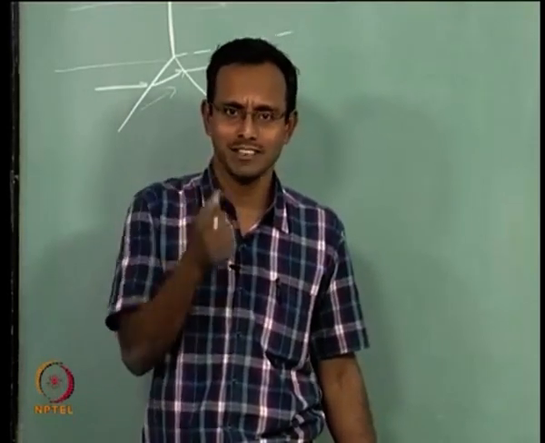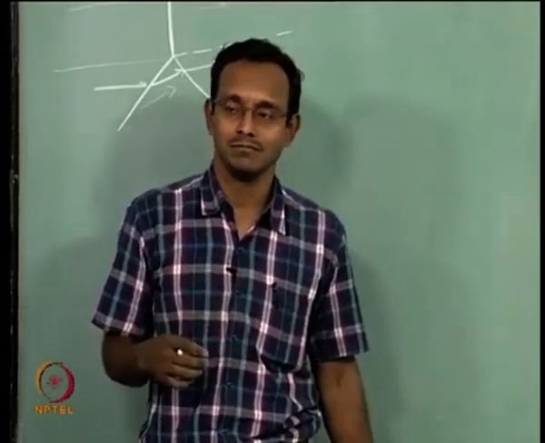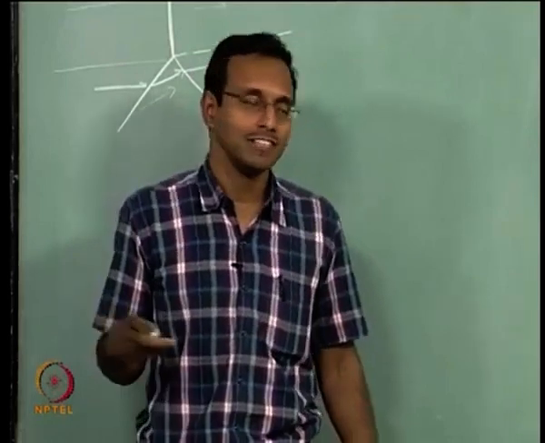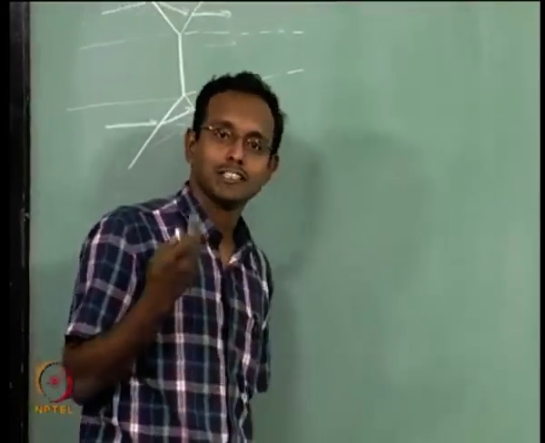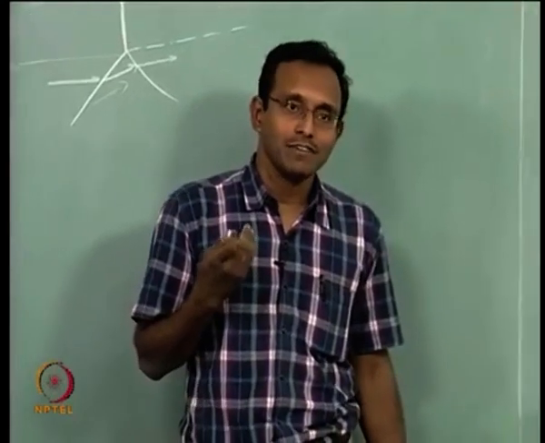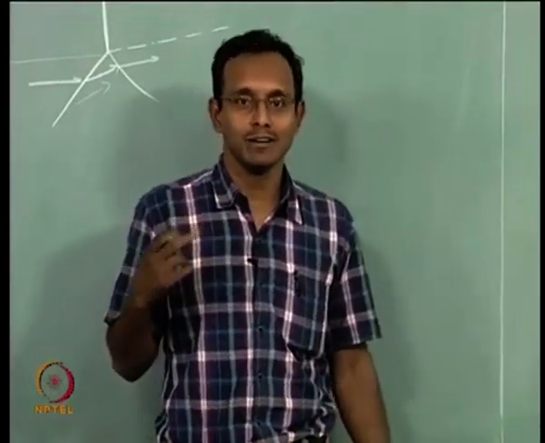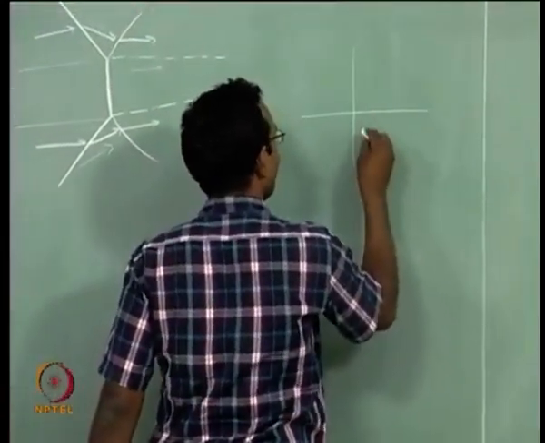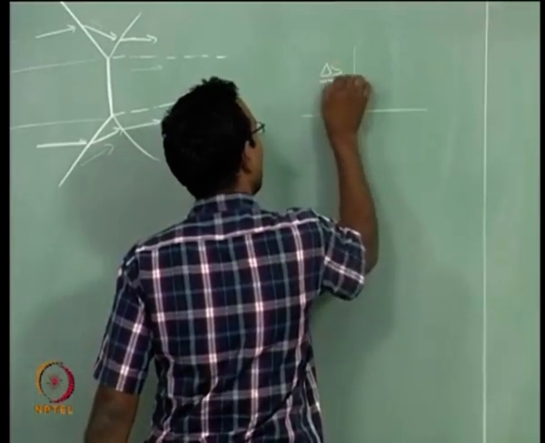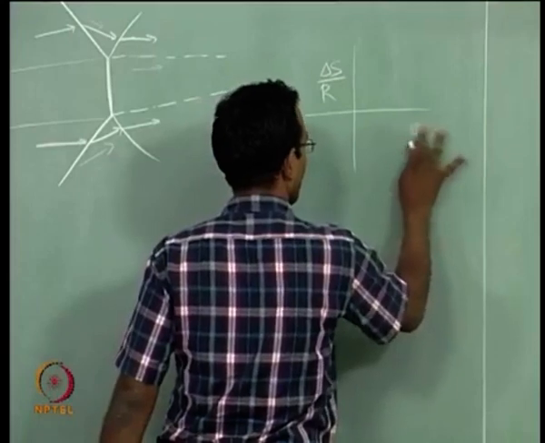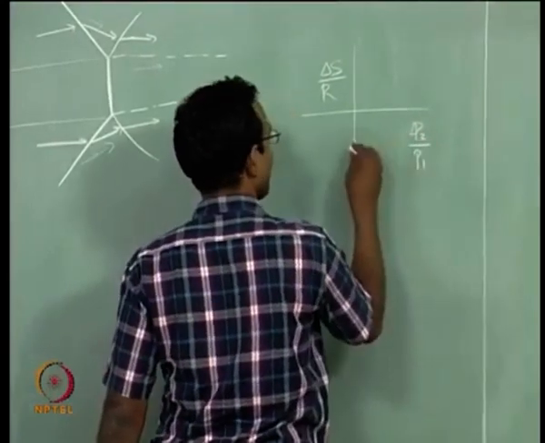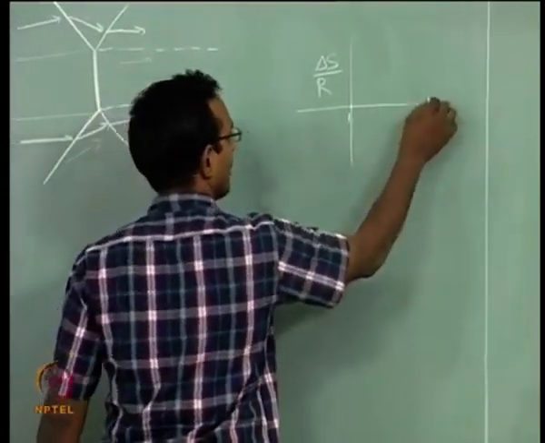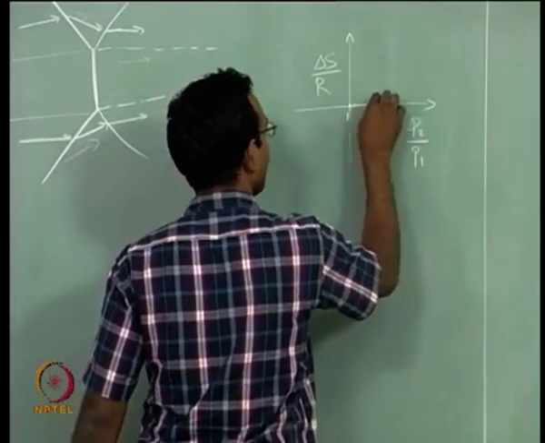I cannot tell that it is a very thin strong discontinuity in the expansion. Why? We already proved this when we were deriving normal shocks. We said that if I have a strong discontinuity, if I have P2 by P1 more than 1, then my delta S is greater than 0. I will just remind you of that case, delta S by R versus P2 by P1, I think. If I have something like this, this is your 1, okay, and this is less than 1, this is more than 1. If I have this case, you had a curve that was like this.